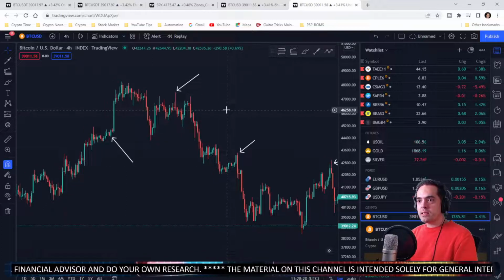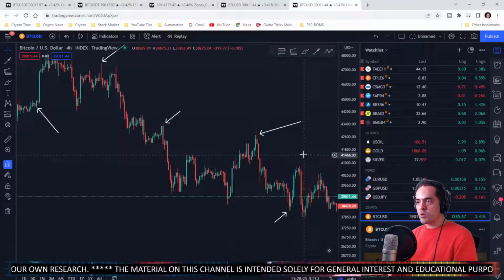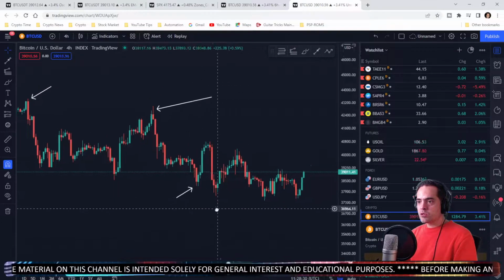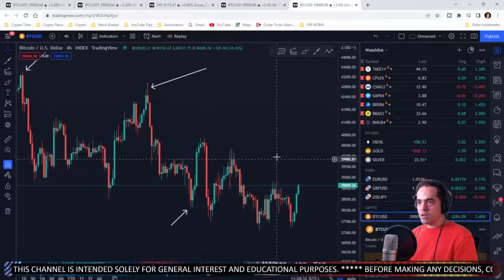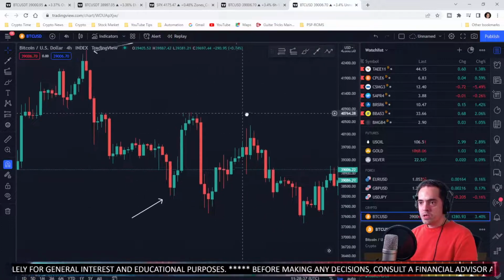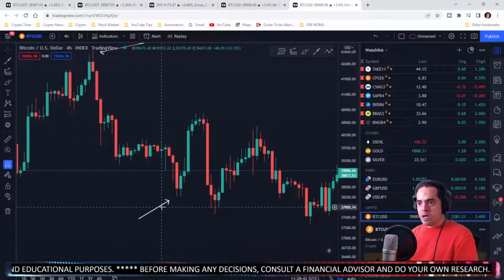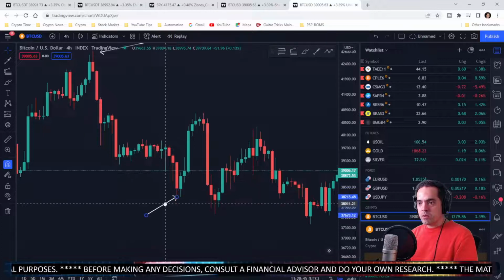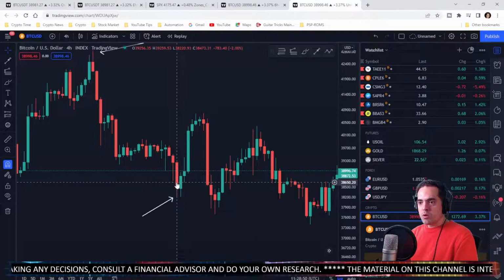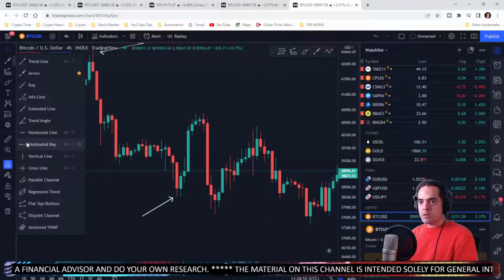So let's pick one here for the bulls. The first one we can spot is this one here. The price is going down, and then we have this red candle right here, and that's a low. So we have a bottom here. So I'm gonna mark that with